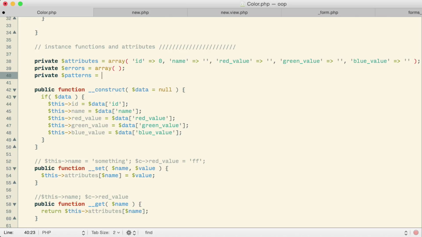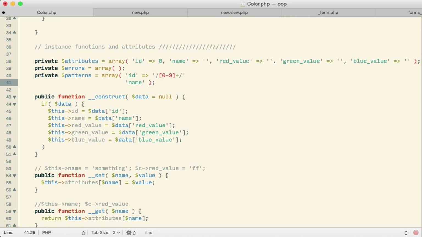Maybe I'll call it patterns. And what I'm going to do with patterns is I'm going to set it up to be an array where for each individual field, I will specify what the regular expression is to validate that particular field. So for the ID, I think I'll say it has to be a digit 0 through 9 repeated one or more times.